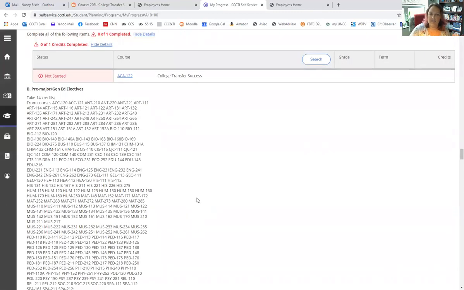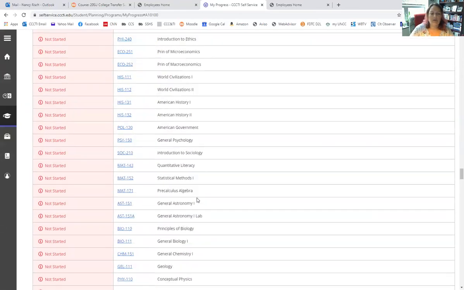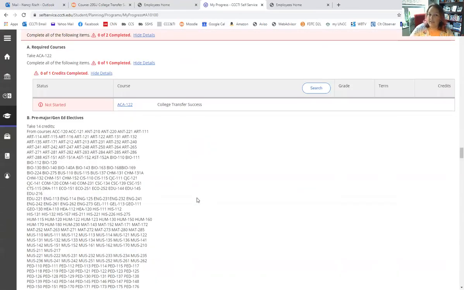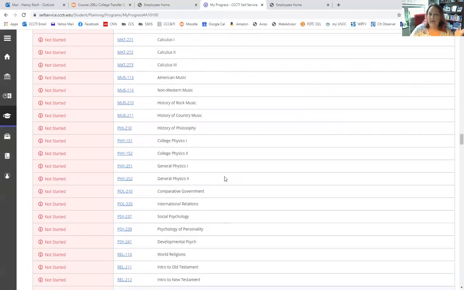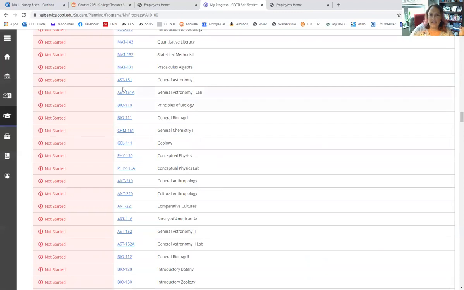If you're taking ACA 115, it'll count for our 2-year associate degrees. All right, so you've got that list, but that does not necessarily help you figure out what to take when, right? I can play around with it a little bit. So if I can look at, for example,